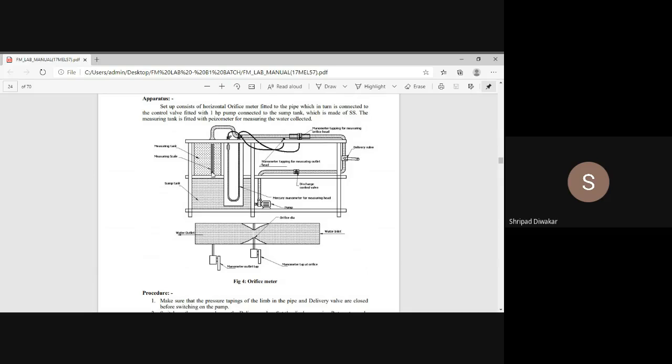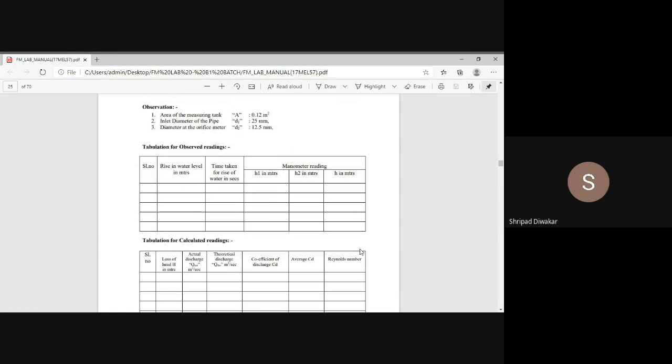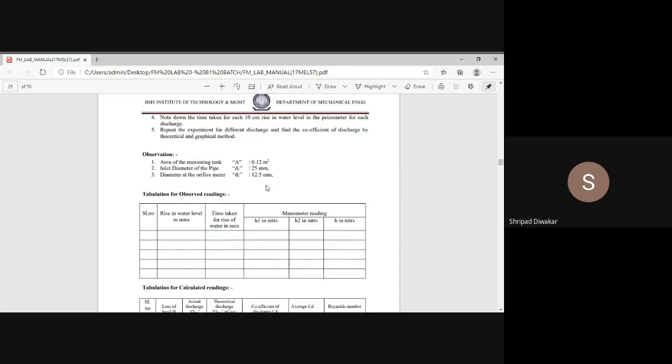Starting, we are not having any rise of the water level. As the fluid flows inside the orifice meter, because of the pressure, there will be a rise of the water level in the measuring tank. When it reaches 10 centimeter, we note down that 10 centimeter rise of water level. Once you note this down, we find out the H1 and H2 values in the manometer. Very simple experiment, not so complicated. H1 is the reading in the left. We have two columns in the manometer. One is the left limb.